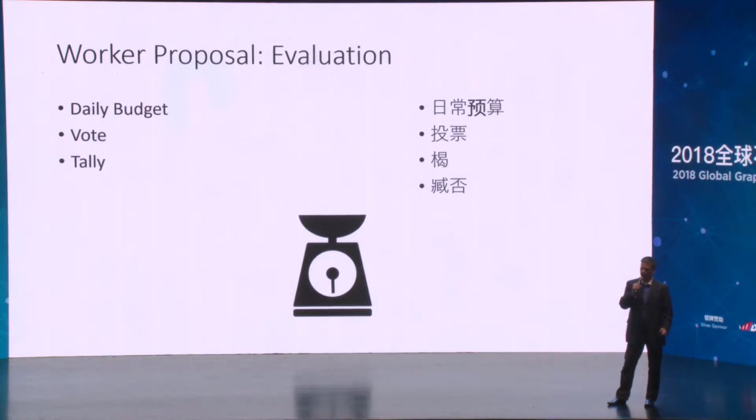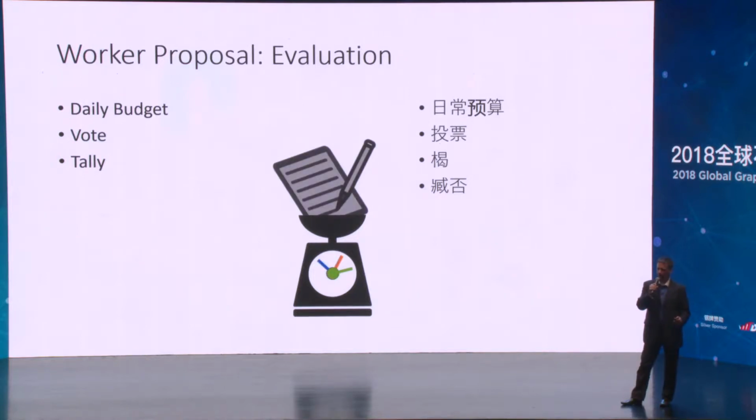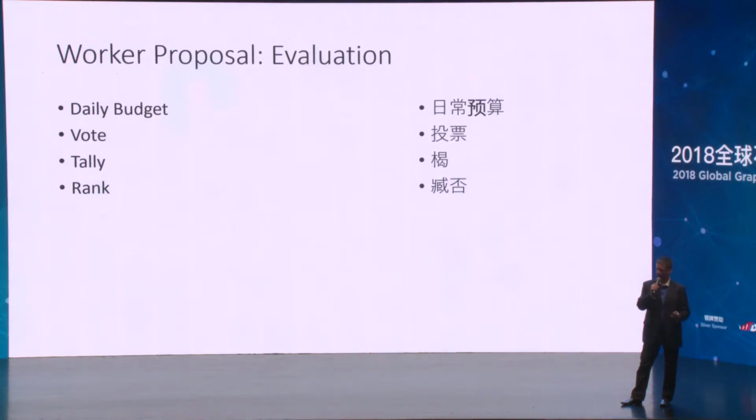So the next thing that we have to do is tally up those votes. So we're going to use a scale to represent how we tally these votes up. And we're going to take every worker proposal and put it on the scale, and we're going to see how much support it has, okay? So there it has blue level of support. The next one is going to have orange level of support, and our third worker proposal has green level of support. Now remember those colors, we're going to see those on the next screen here, right? There's all of our representations of our different worker proposals that are out there. Now we must rank them.